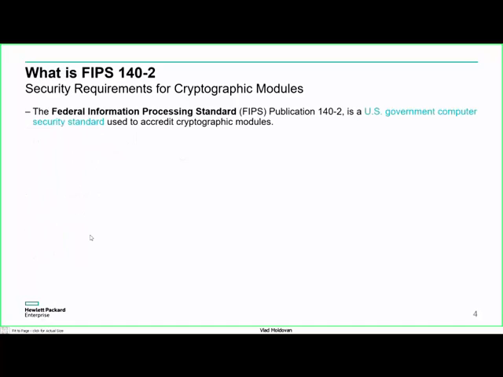Okay, so what is FIPS? FIPS stands for the Federal Information Processing Standard. This is a US government computer security standard used to accredit cryptographic modules. The current version of FIPS has been approved by the US government in 2002. And currently in 2015, they started discussing about updating to FIPS